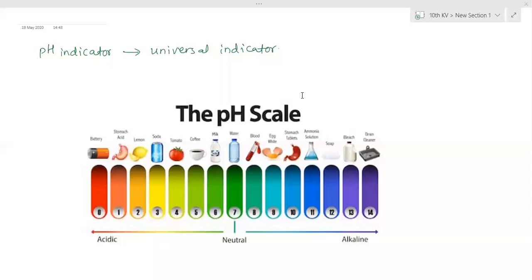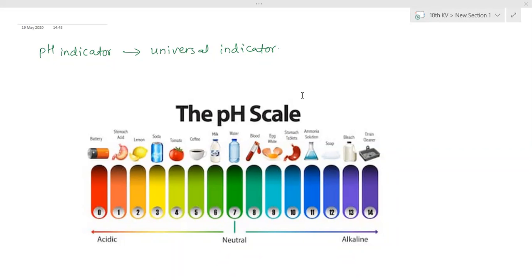So instead of counting the number of H plus ions, we generally find out the percentage of H plus ions in a given volume. Actually, this concentration matters. Strength depends on the concentration as well. So the strength of the acid means the amount of H plus ions. Now, instead of finding the number of H plus ions, we can calculate the H plus ion concentration.